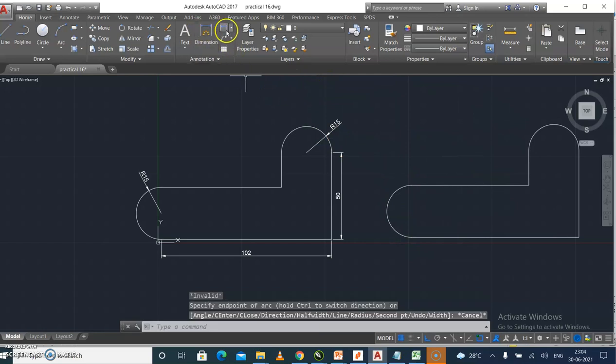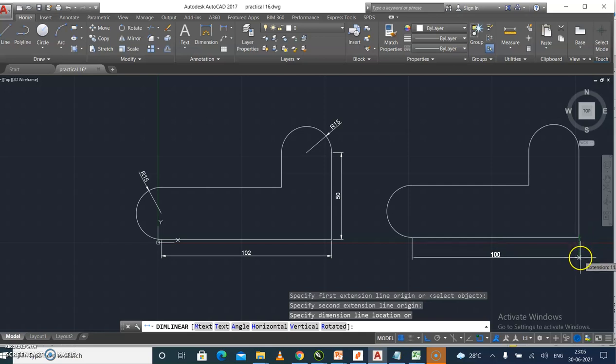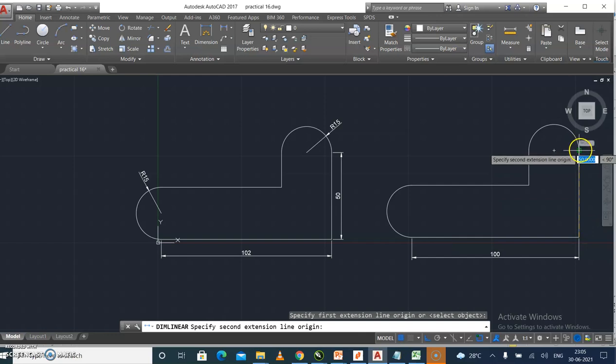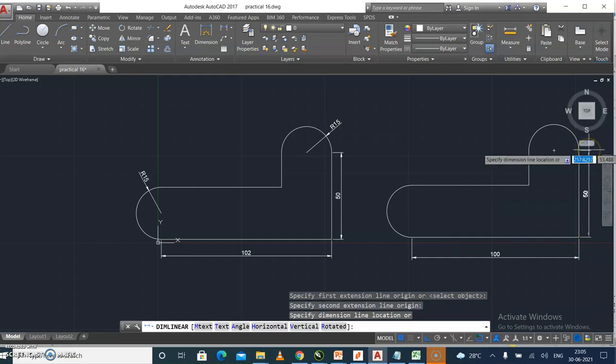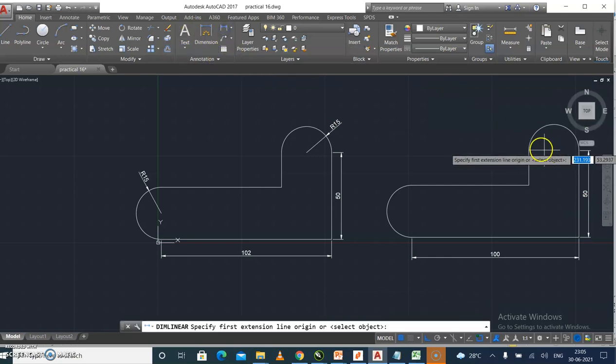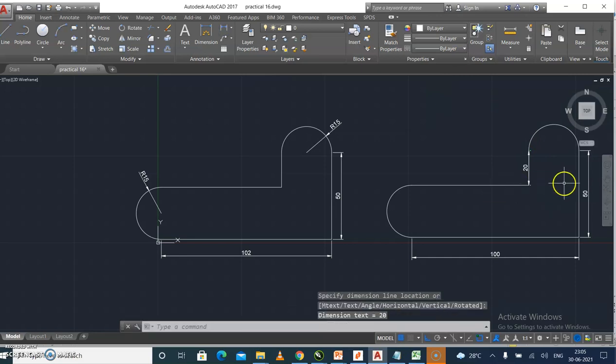So just go to the dimension and click, specify the first point and then the second point and stretch down. So this is the 100 meter. हम लोगों ने पहले 100 मीटर लिया था, कोई डायमेंशन यहाँ पे वो शो कर रहा है 100 डायमेंशन. Okay, again the right side, first specify the first point and then the second, and then pull it to the right side, so its dimension will come, 50. Then similarly if you check from here how much this dimension is, it will also show you. It is 20.